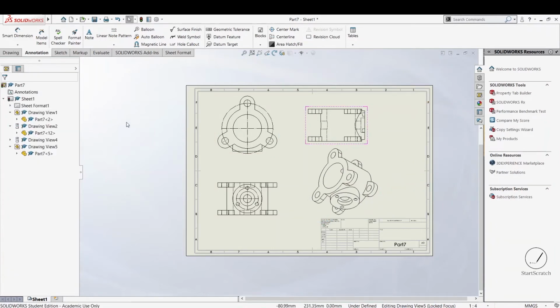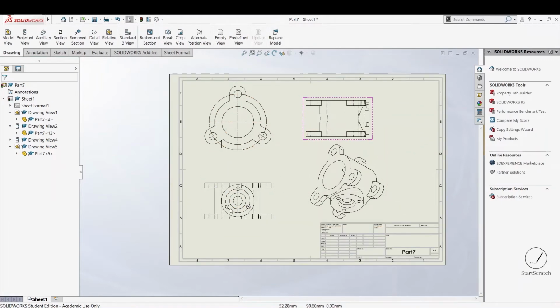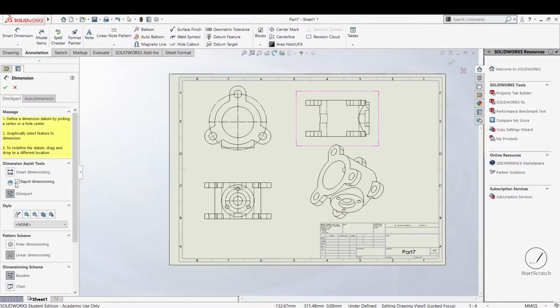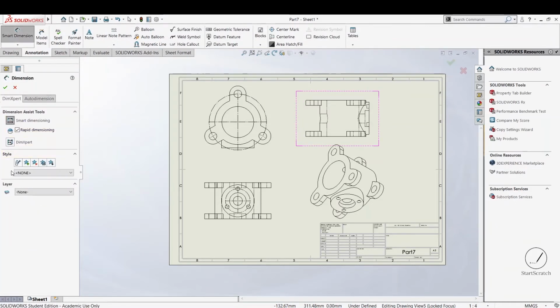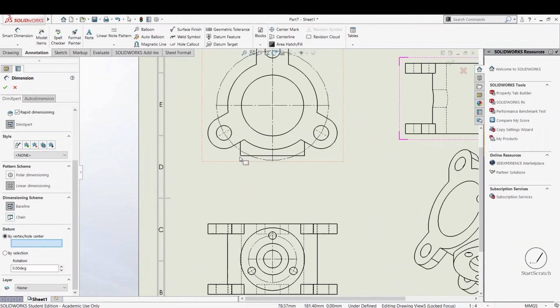Yeah. So now we talk about dimensioning these sketches. We go on to smart dimension, we click on it, and as you can see, there is smart dimensioning and dimension expert. We click on the dimension expert, and now if we want this, then we need to click a vertex or hole center for this. So I'll just go on and select a vertex. I'll select any, like I want. Then I go on and select the